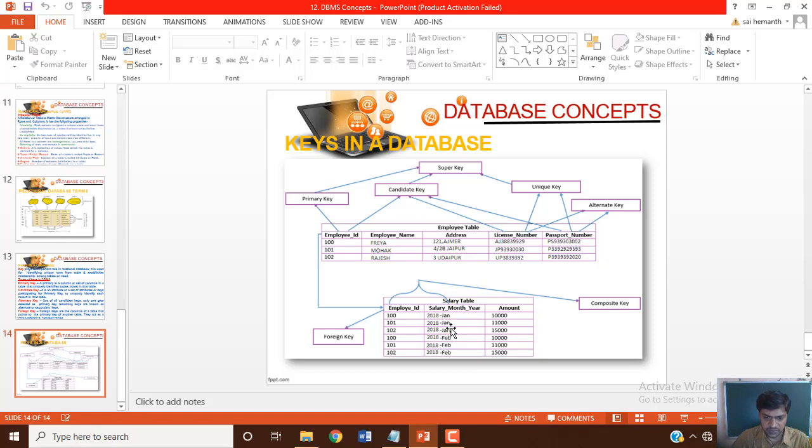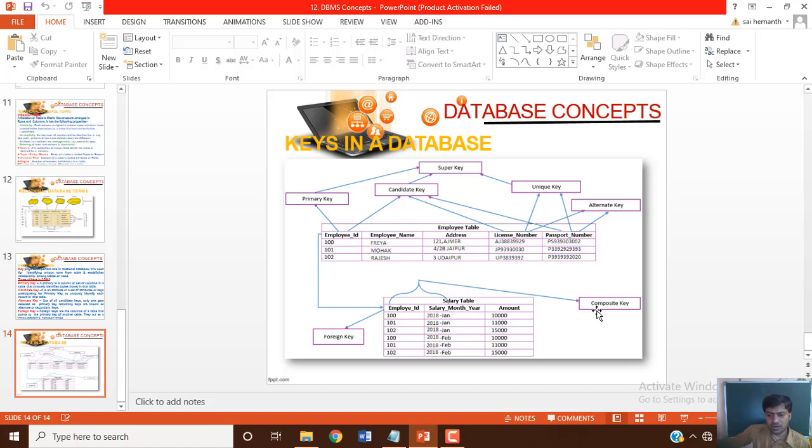Here the fields month and year of salary and employee ID together. So salary month and year is not a key, and by combining it with employee ID, we call it a compound key or composite key.